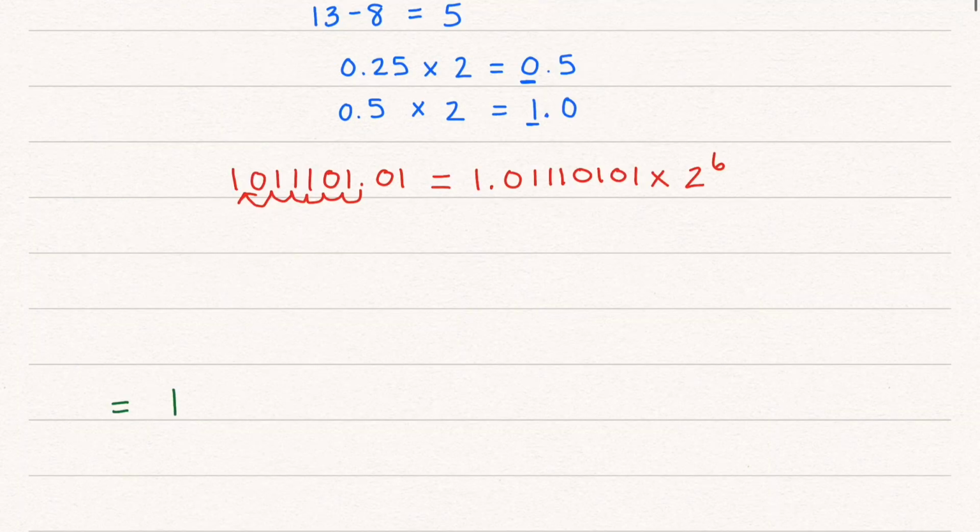So to represent a negative, I'm going to put a 1 in that first bit, that first space. The next 8 spaces have to do with the 6. So I'm going to take the 6 and add 127. We always add 127. And I get 133. Now 133 in binary,